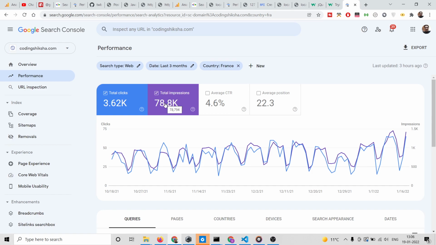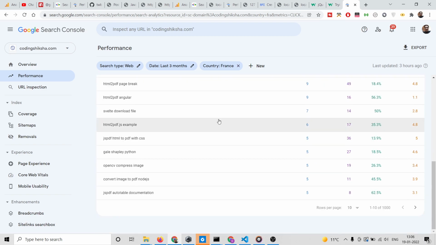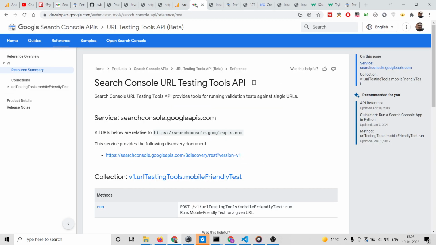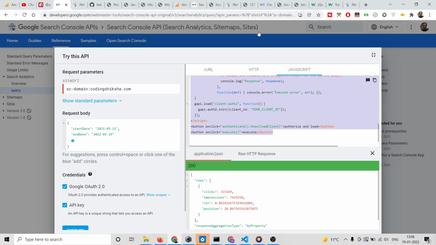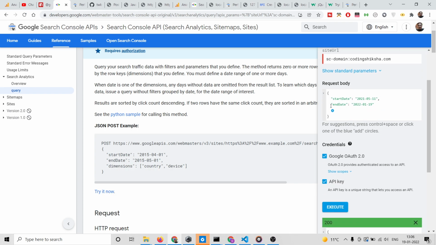So now I want to get this data through the API, Google Search Console API. So how will I achieve that? I will show you in this step. There is a filter that you need to write here. Just go to again this tool here. This is a handy tool. You just need to mention the start date, end date. This is mandatory for each and every step. So after mentioning it, we will have this